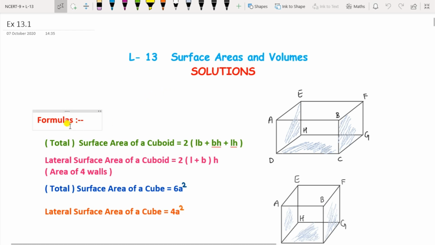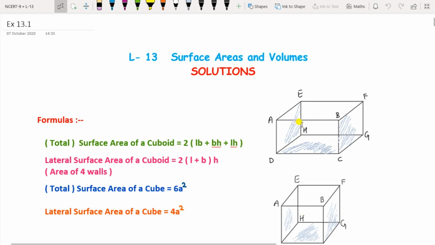So, the formula to find the total surface area. What is meant by the total surface area? For a cube or a cuboid there are a total of 6 surfaces. These are the lateral surfaces, that is the side surfaces, and one at the top and one at the bottom. So total surfaces are 6. The same is for the cube here. So this is a cuboid. The three-dimensional figure of a rectangle is called a cuboid, and the three-dimensional figure of a square is called a cube.